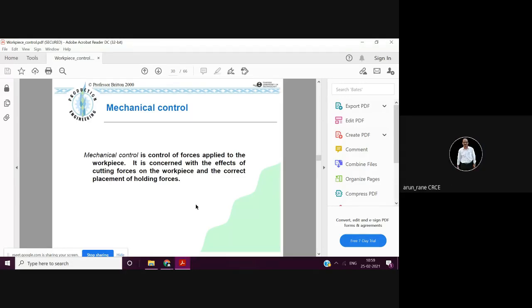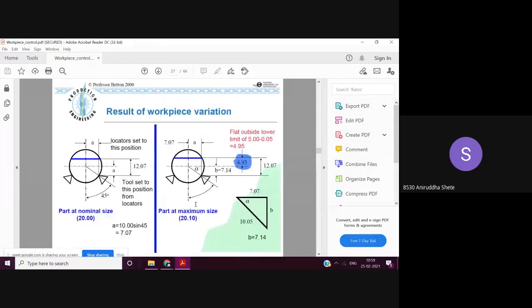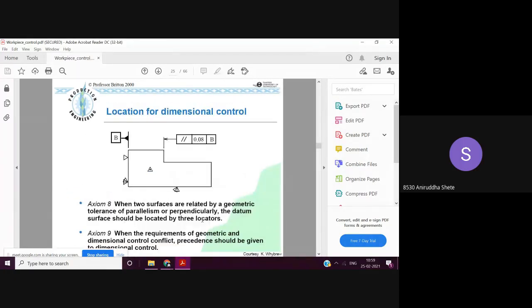Sir, next is in the mechanical axiom, they told that if there is a clash between geometric control and dimensional control, you have to choose dimensional control first. Yes, see, finally, because the dimensions have been given by the product engineer, correct? And he has something in mind, what the assembly is, how it is going to affect the application. And geometric control can be achieved by giving less depth of cut. So even if my machining time increases, that doesn't matter. But I should get dimension control.